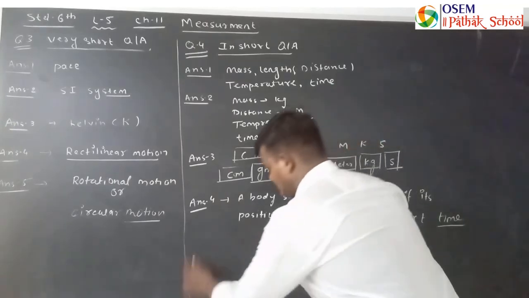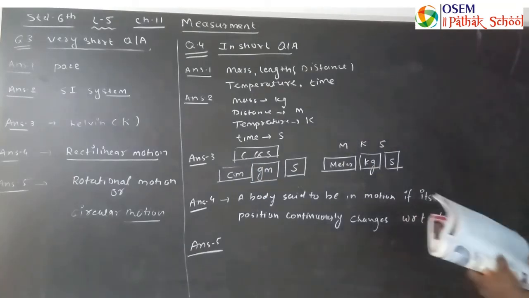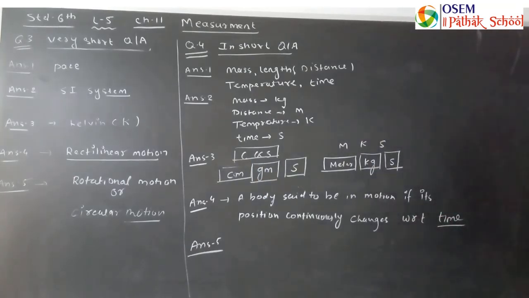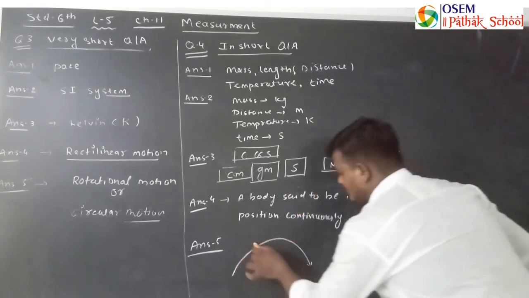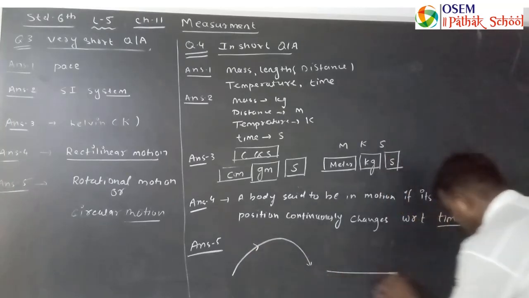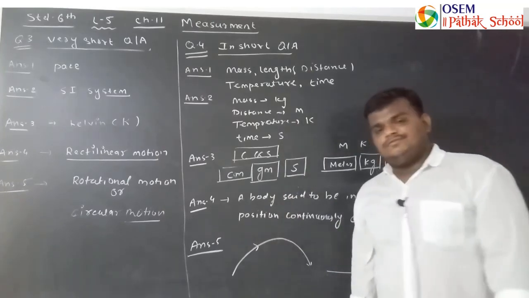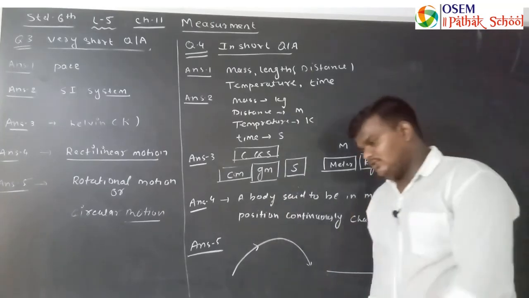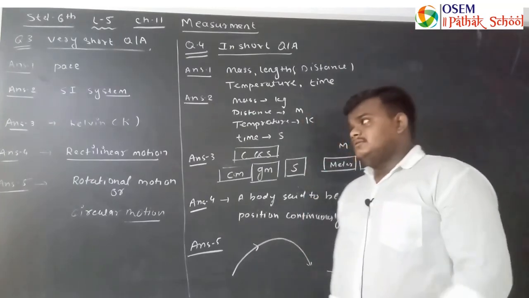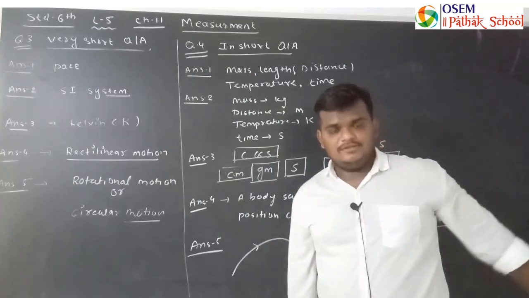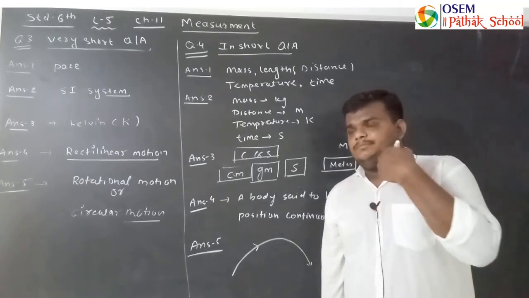And the last question of this exercise is, differentiate between curvilinear and rectilinear motion. So curvilinear motion is generally referred to as curve type motion, while rectilinear motion is a straight line motion. So this is the exercise of chapter number 11 that I solved here, and you have to write it down in your workbook, and the long question answers given in your exercise you have to complete from the chapter, from the PDFs.